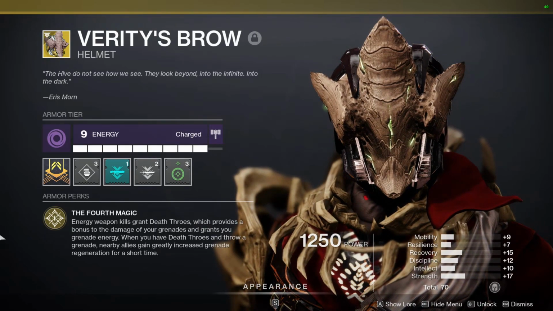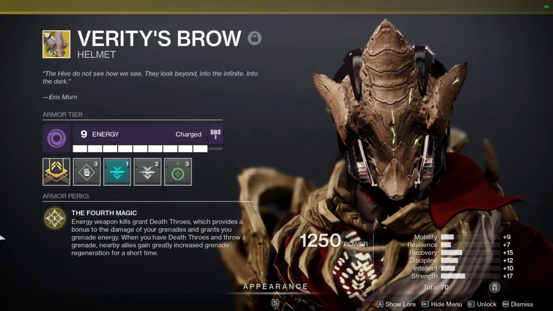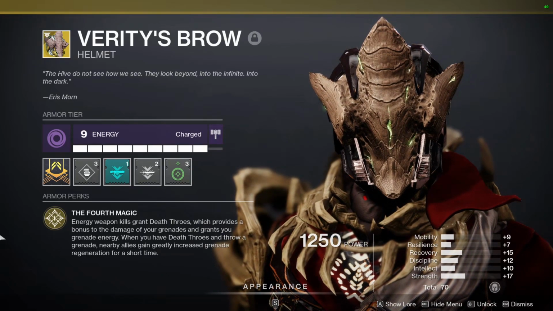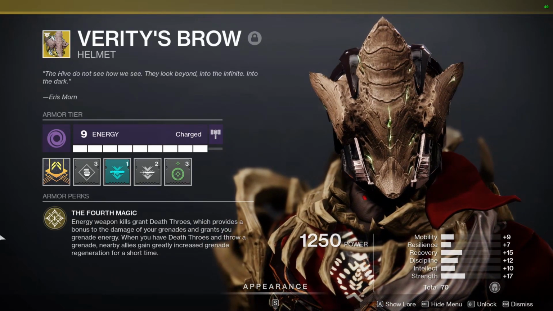with the fact that we have 100 discipline, we have a demolitionist weapon. We're pretty much going to always be able to give my teammates insanely fast grenade regeneration, which is going to allow us to control the battlefield more. If there happens to be overload champs, deal with them quicker. It's just going to allow us to freeze enemies, just be able to control the situation so much better,